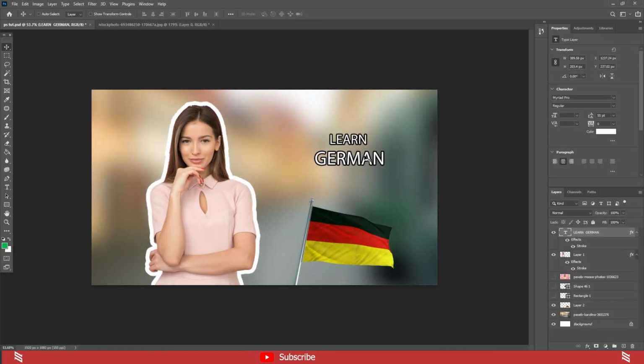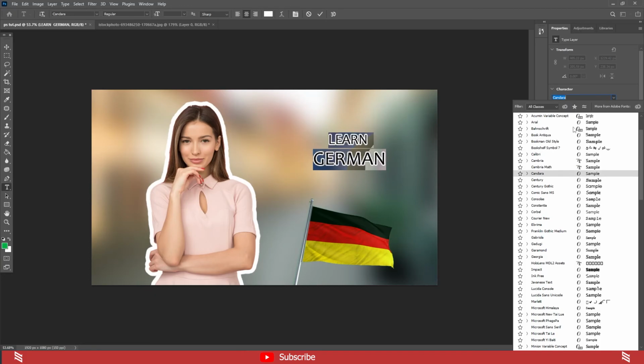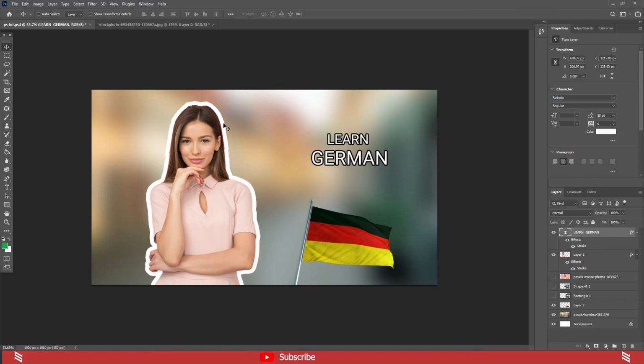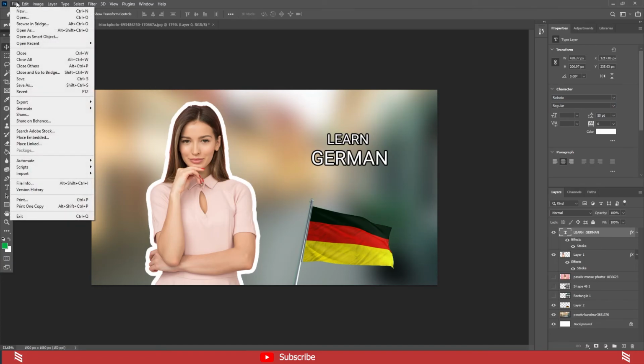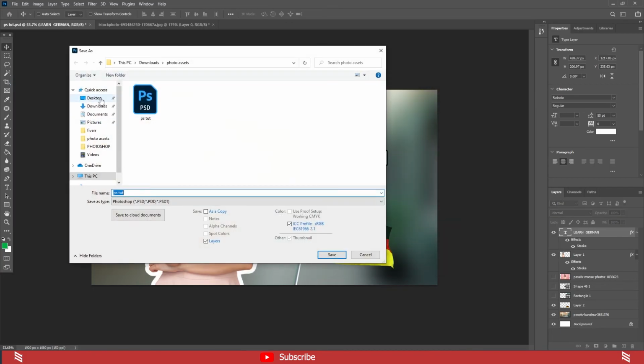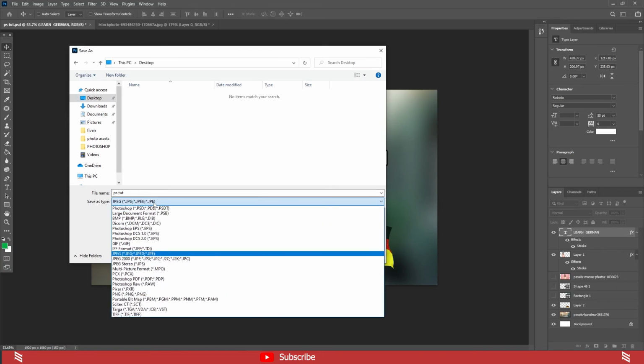So I'll choose a different font for this text. I'll have them selected, or hit Ctrl A, go over here. I'll choose Roboto for this one. So our project is done and we want to save it. We go up here, File, Save As, Save on your computer. We will have desktop selected, JPEG over here,